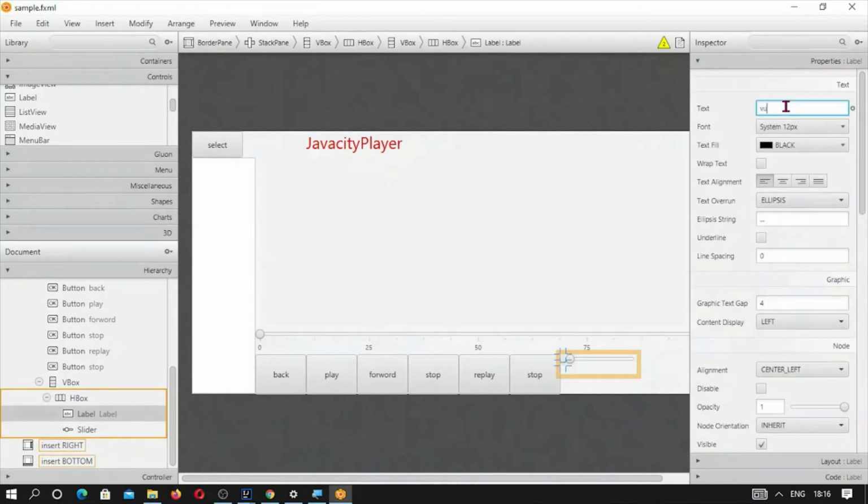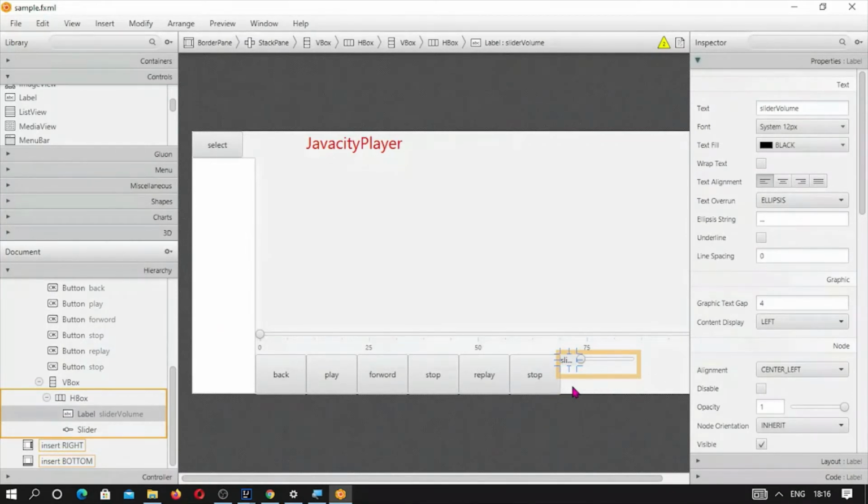Volume. Always remember I am using the node identity first and then the name, label volume, and this is a slider volume, to identify throughout the program.